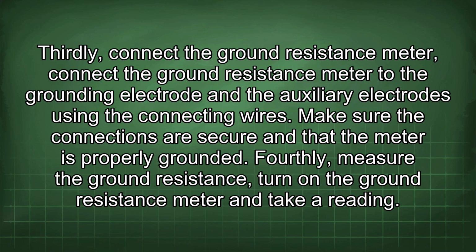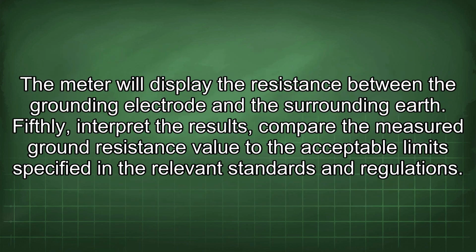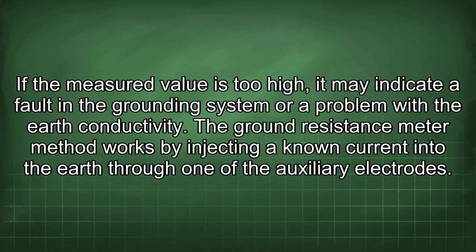Thirdly, connect the ground resistance meter. Connect the ground resistance meter to the grounding electrode and the auxiliary electrodes using the connecting wires. Make sure the connections are secure and that the meter is properly grounded. Fourthly, measure the ground resistance. Turn on the ground resistance meter and take a reading. The meter will display the resistance between the grounding electrode and the surrounding earth. Fifthly, interpret the results. Compare the measured ground resistance value to the acceptable limits specified in the relevant standards and regulations. If the measured value is too high, it may indicate a fault in the grounding system or a problem